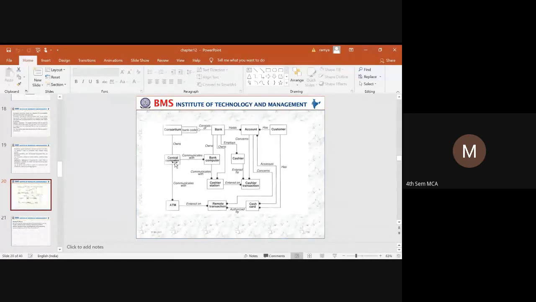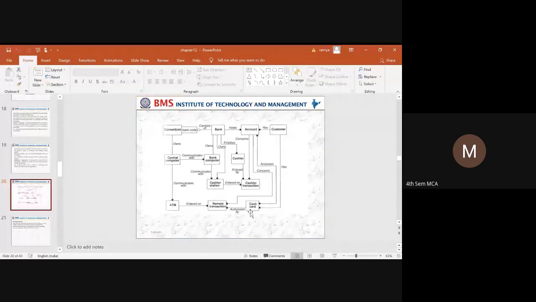So from the central computer, what we are using is an ATM, where the ATM is an interface for all the different banks in the consortium. This ATM is going to communicate with the central computer. So whatever transactions a customer is performing, all these ATM transactions will be entered as a remote transaction, where the remote transaction will play as an interface.